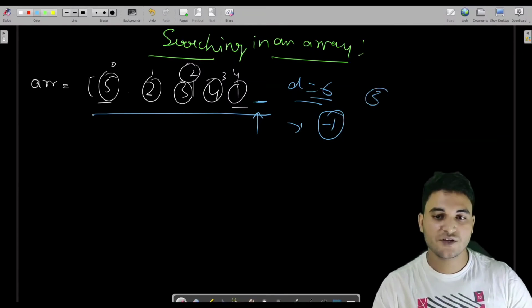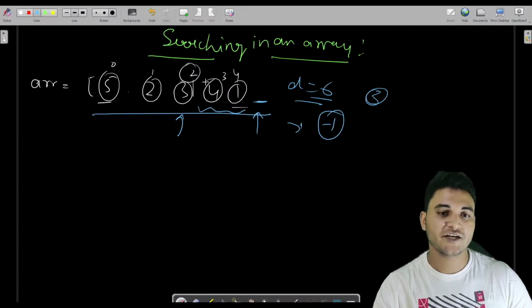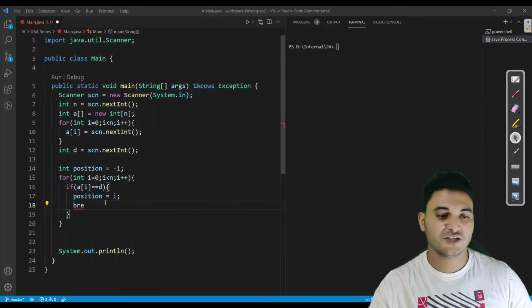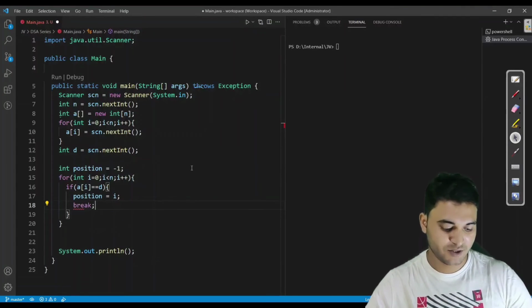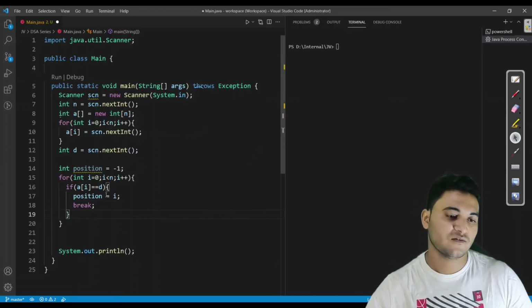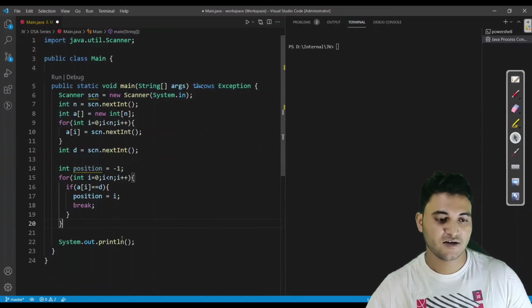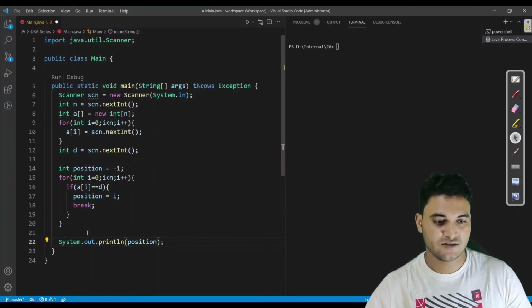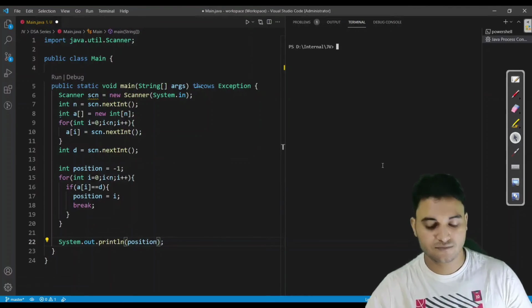In the case of 3, we have got 3 here. So there is no need to check here also, because we have already got our element. So why check these 2 elements? So after checking this, we would be breaking the loop. Fine. If not, then we would again increase the i, and after that we just have to print the position, at which index the number existed. So that's it for this particular linear search algorithm.